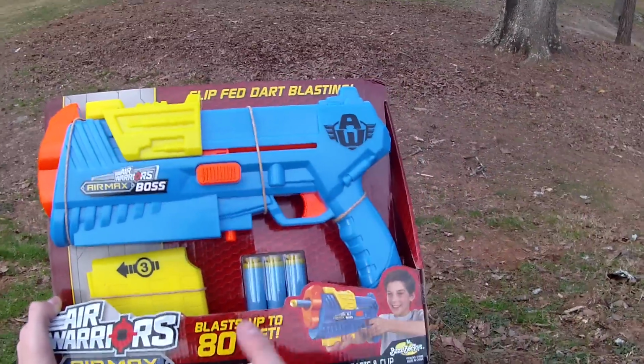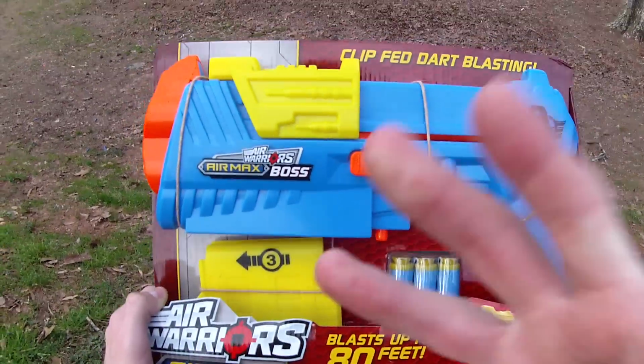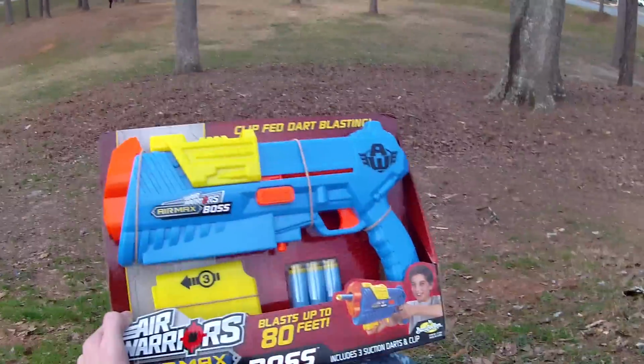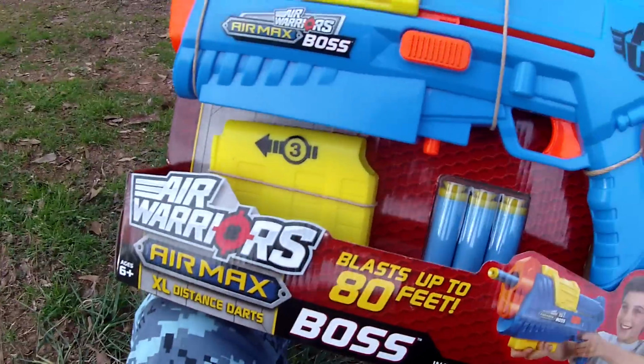Now, this is clearly designed to compete with the Magnus. It's got a 3-dart clip, although in this case the clip is not integrated. Now, I actually really like the Magnus's integrated clip magazine technology, but this 3-dart magazine will fire the XL Distance Darts,